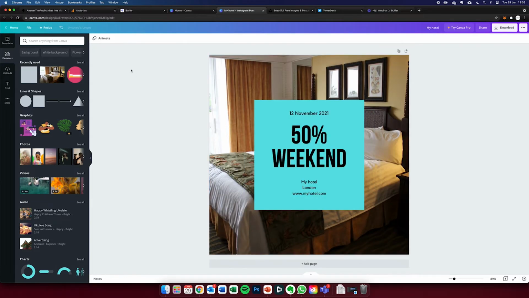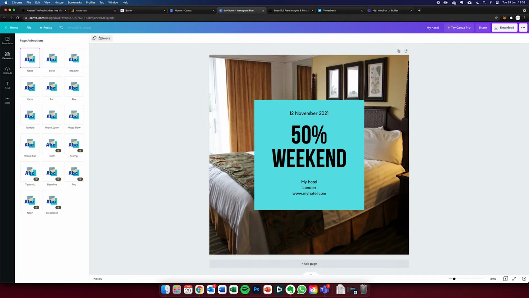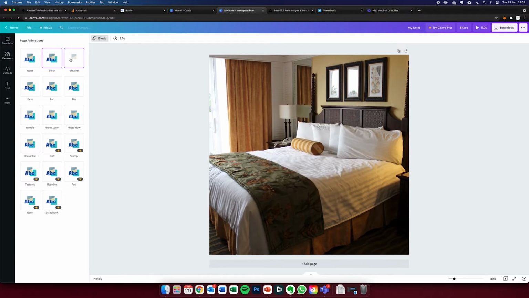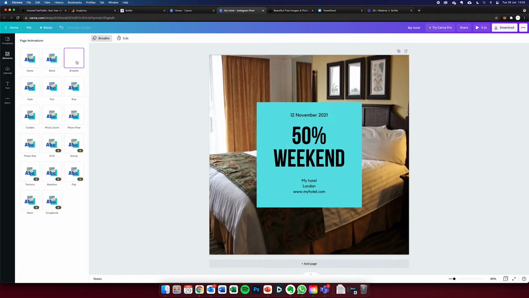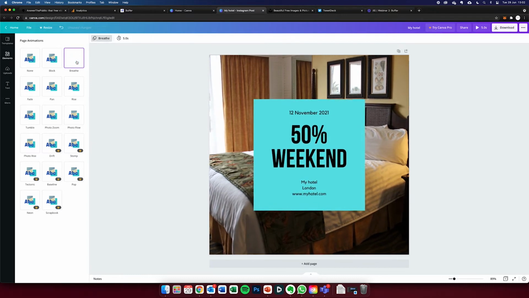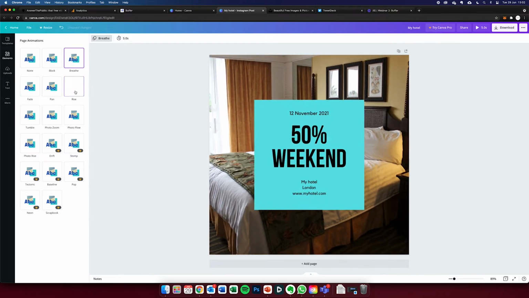So again, videos and animations are really useful. And so what we could do is it has some ready-made animations. So we take something really simple that we've just made with text, and you just highlight the block, and you can see it gives this cool swipe effect that will help it stand out on social media, or a breathe, where the whole thing, I don't know if you can see that, expands and contracts, making it stand out